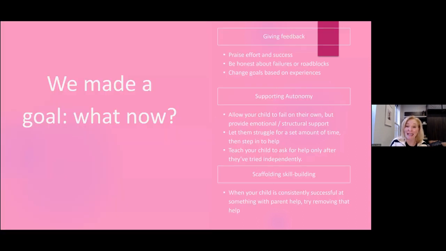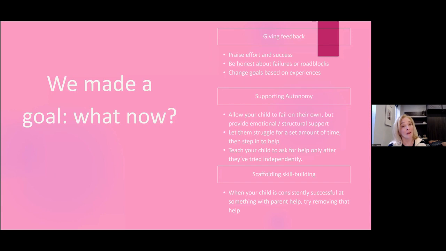And then that doesn't stop. Once you make a goal, that's just a starting point. It's got to be something that's revisited. It's got to be something that, especially people with ADHD, are constantly getting feedback, thinking about what worked, what didn't work,